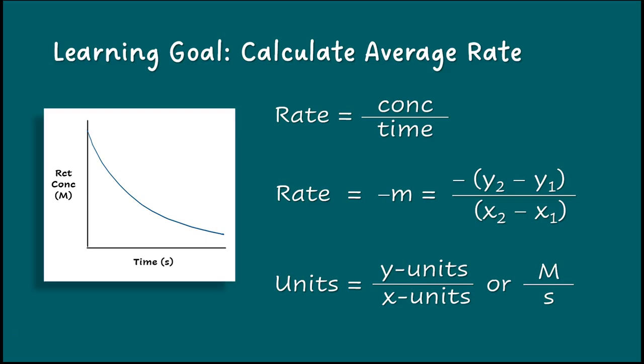Now it's worth mentioning how we get the units of rate, because it's not magic. It comes from our slope because slope has units. I'll let that sink in for a bit because this tends to be tricky to grasp. Slope has units. We'll revisit this idea multiple times over our study of kinetics. But here's the thing. It's super easy to figure out what they are. Because we calculate slope as change in y over change in x, our units of slope will be y units over x units. Here, the y units are molarity and the x units are seconds, and our units of rate will end up being molarity per second.